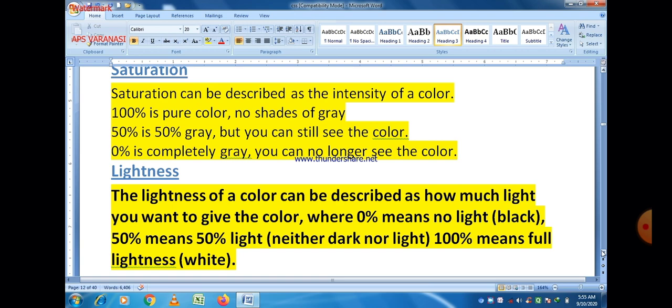So different types of representations are there when we talk about color. You can use any one of them in your program.